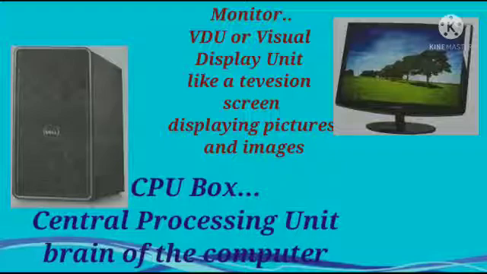The full form of CPU is Central Processing Unit. It is the most important part of a computer system. It does all the tasks and all the work that we want the computer to do for us. It is called the brain of the computer system. It controls all the other parts like the mouse, keyboard, and monitor. These parts are connected to the CPU through the cables.